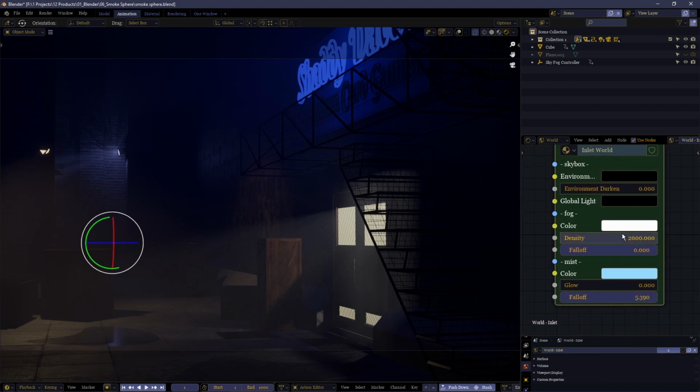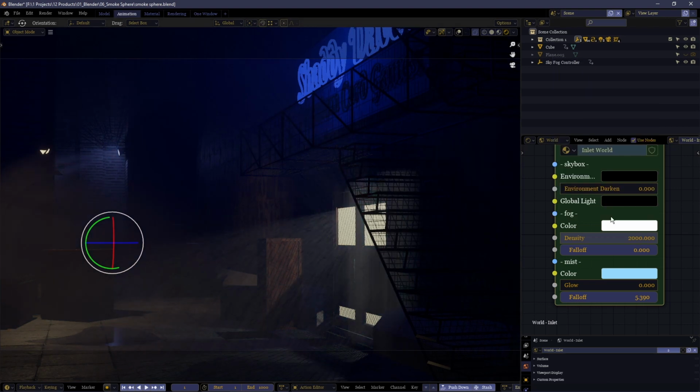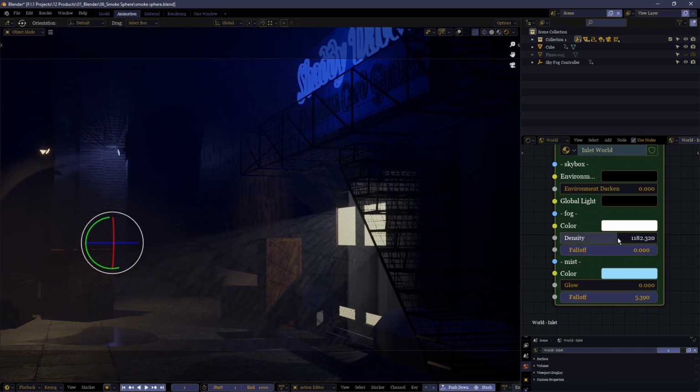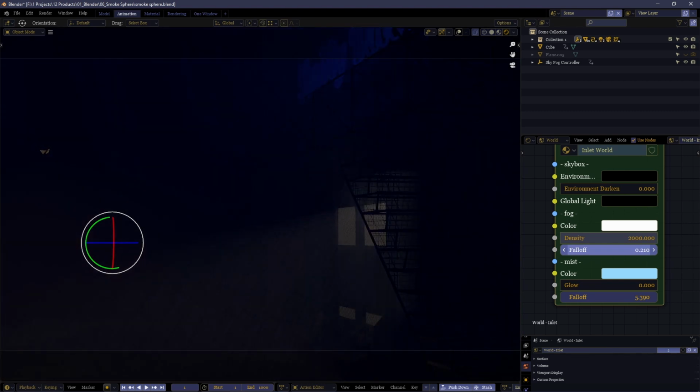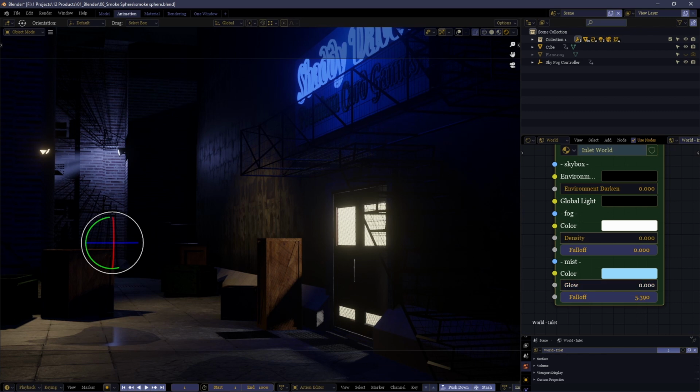The color, density and fall-off of both of these sets do pretty much the same thing. The color changes the shade of the volumetric effects. Density affects how thick it appears. And the fall-off changes how Blender handles the cutoff that I was about to show you a moment ago. For mist, it's exactly the same, the color, the glow, the fall-off, except with fog, the fog itself does not emit light. It requires other sources of light to show it off, to illuminate it.